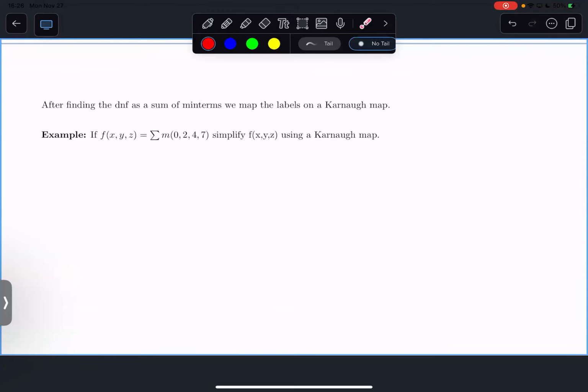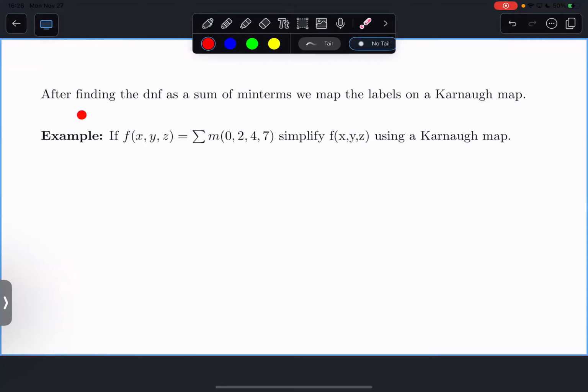So what we're going to do is, after finding the DNF, the disjunctive normal form, as a sum of min terms, we map the labels on a Karnaugh map. So if I have X, Y, Z, 3 variables, I'm going to map each of these min terms as a 1, and everything else is going to be 0. And usually I just kind of ignore the zeros. I don't even write them out necessarily,